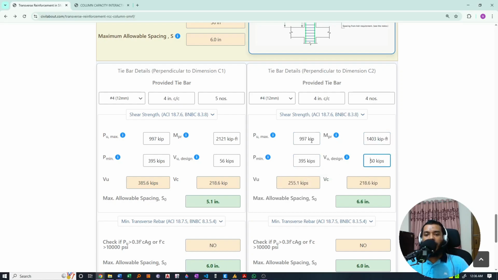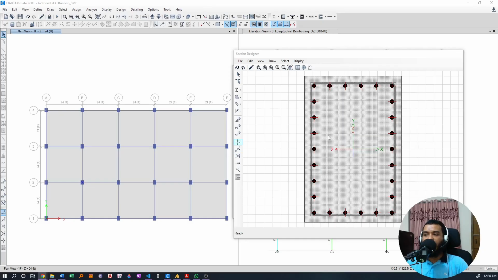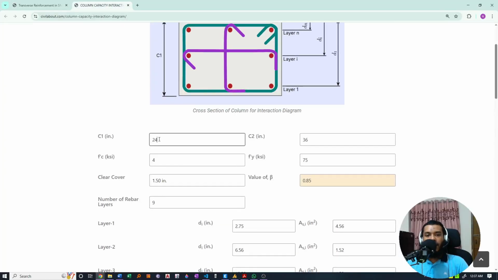Now to determine the corresponding probable moment, we have to input the rebar details regarding this direction. That means the direction which we have considered earlier for C1 will be rotated in here to determine the interaction diagram for the minor axis. So our C1 value now will be 36 inches and C2 value will be 24 inches, and here the Fy will be 75 as well,